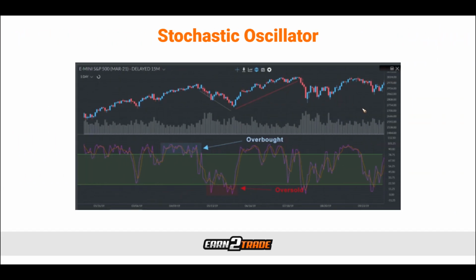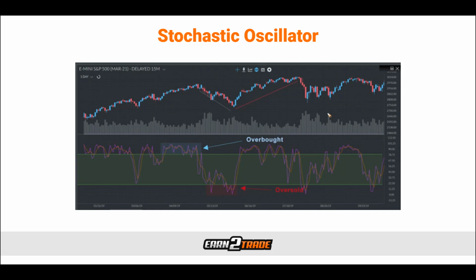Now we can move into talking about various indicators that will help us identify those overbought and oversold market conditions. Investors usually rely on fundamental indicators like price to earnings to spot those overbought and oversold markets, but traders on a shorter term basis will oftentimes employ technical indicators, such as the stochastic oscillator as well as others that we're going to talk about. The stochastic oscillator is one of the most popular indicators that's currently used for identifying overbought